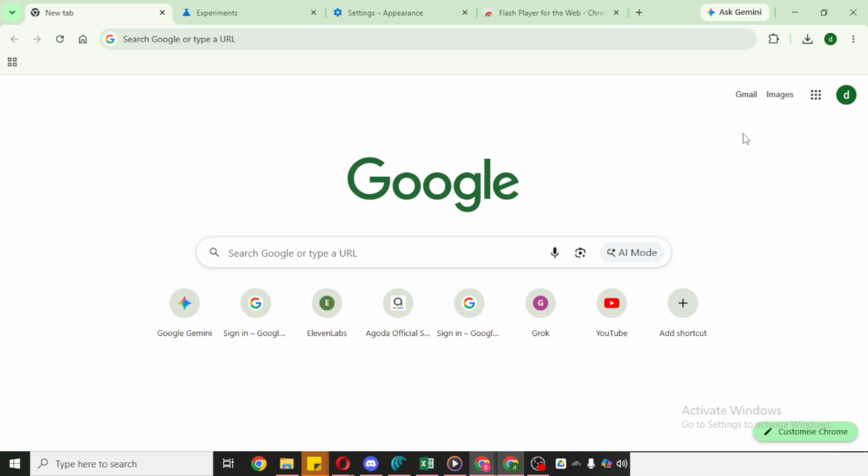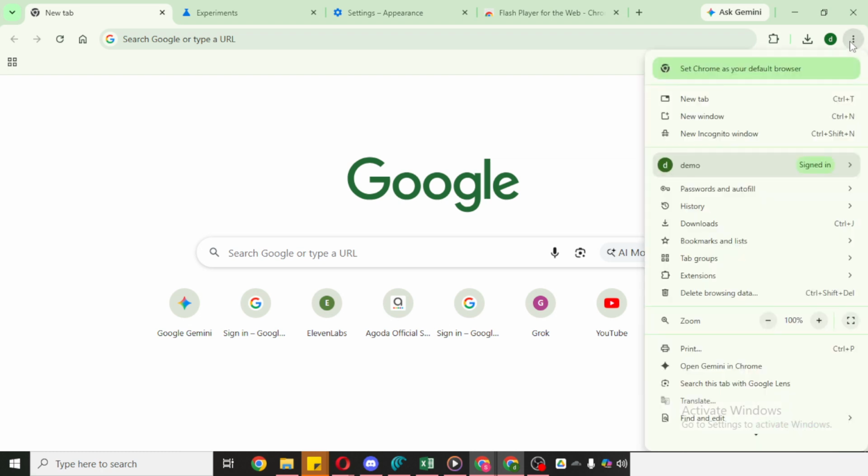If the app still won't install, the next thing you need to check is your internet connection. Make sure your internet is working properly and is stable. A weak or inconsistent connection can interrupt downloads or stop Chrome from completing the installation process. If your connection seems slow or unstable, wait until it improves and then try again. A stable internet connection is very important here because Chrome needs reliable access to complete app installation successfully.